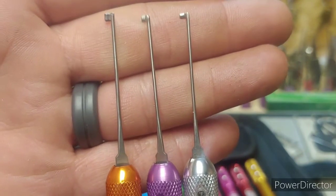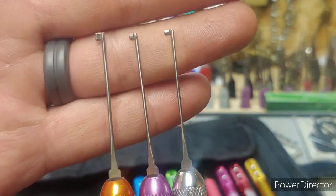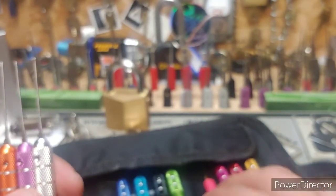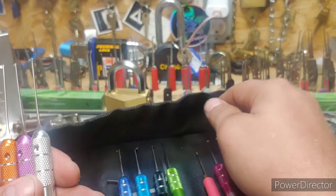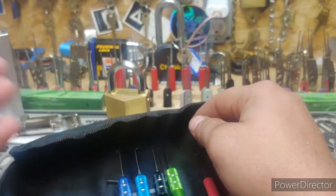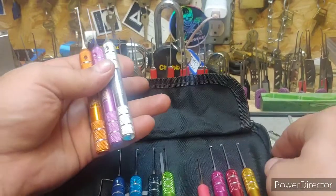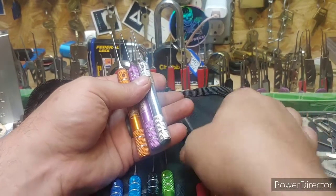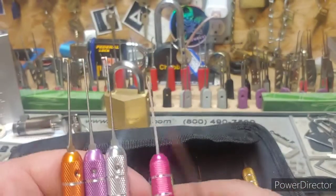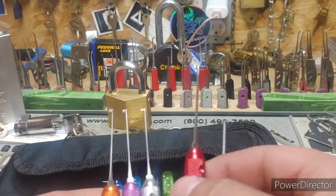And obviously these are left-hand flags. That's what I've noticed. These dimple pick sets don't give you 2 left hands and 2 right hands. It's always 3 or 4 of a left hand and 1 or 2 of a right hand. It's like they get mixed up in packaging. So what came in this set was 4 left hands,